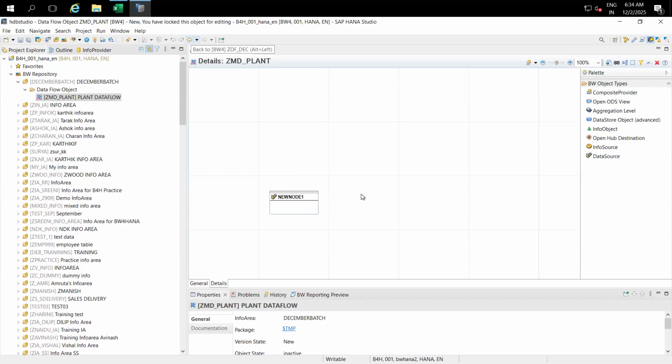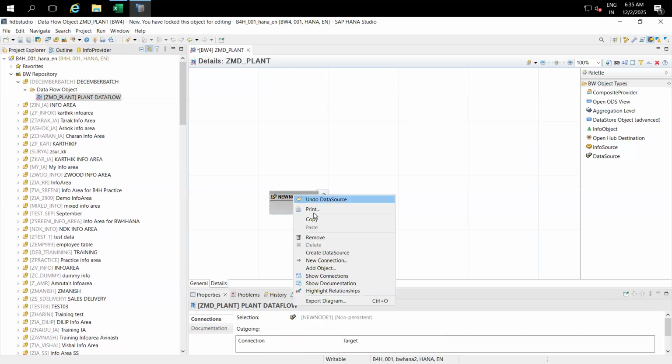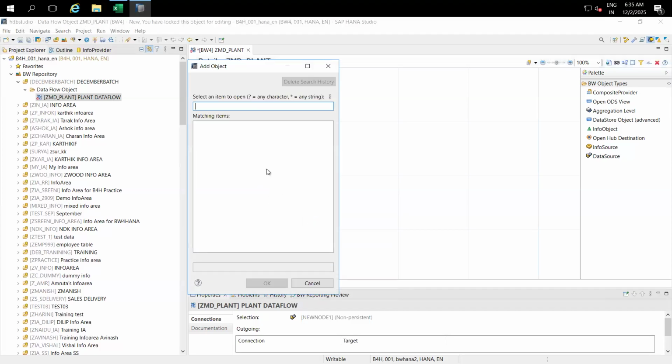For plant, I just created it: right click on this info area and create data flow. So this is the data flow. In this data flow, I drag and drop the data source. Because we are not going to create a data source, we are just adding it. Right click and this is the add update. What is our data source? Ready-made means it will always start with 0. See here,